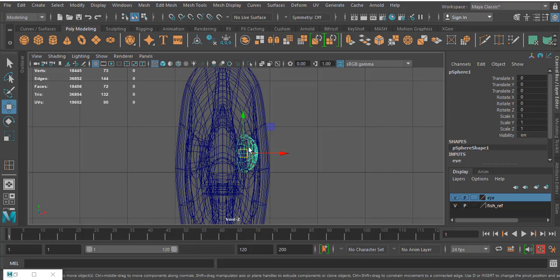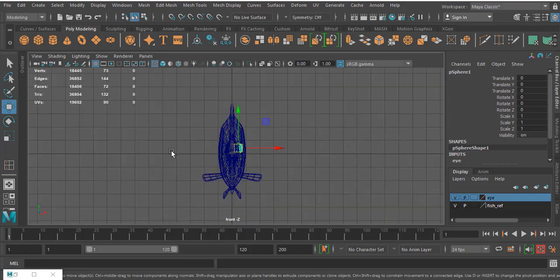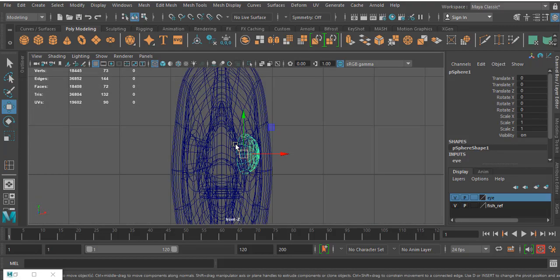Okay, once it is frozen, press 4 for wireframe. Now you have to check the pivot options, like where the pivot is located. You have to locate the pivot in the center of the grid. You can see one thick line over here. In the center of the grid, I have to press D. If you press D, your pivot will be free.